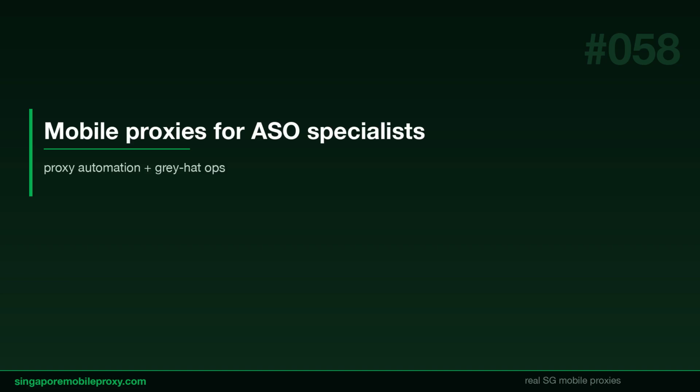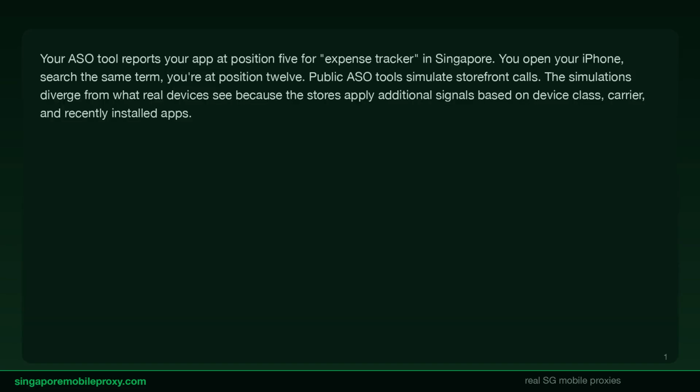Your ASO tool reports your app at position 5 for expense tracker in Singapore. You open your iPhone, search the same term, you're at position 12. Public ASO tools simulate storefront calls. The simulations diverge from what real devices see because the stores apply additional signals based on device class, carrier, and